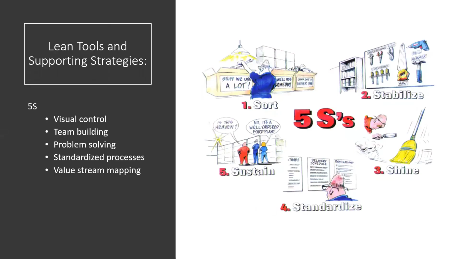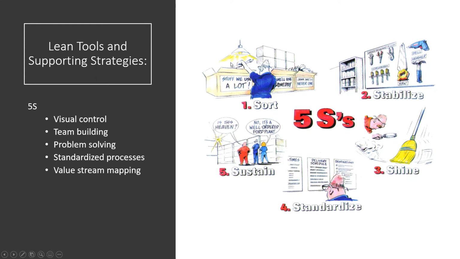So the last pillar of the lean manufacturing philosophy is this idea of 5S. So it stands for sort, stabilize, shine, standardize, and sustain. And really what this is doing is helping you to identify where waste is. So if you're sorting things, if you're stabilizing things, if you're shining, which is really the idea of cleaning, this part up here will allow you to see,